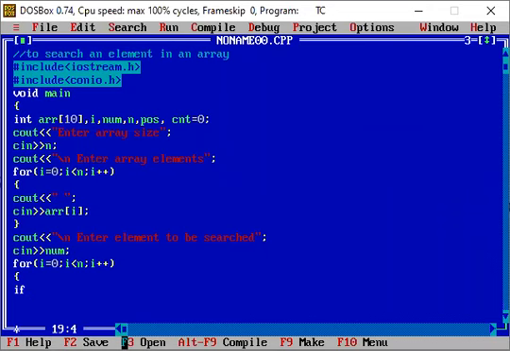So I will use like this: if array i. So I will be starting from the first element, the element that is available at the 0 position. So array i equal to num, right? So array i equal to num here.